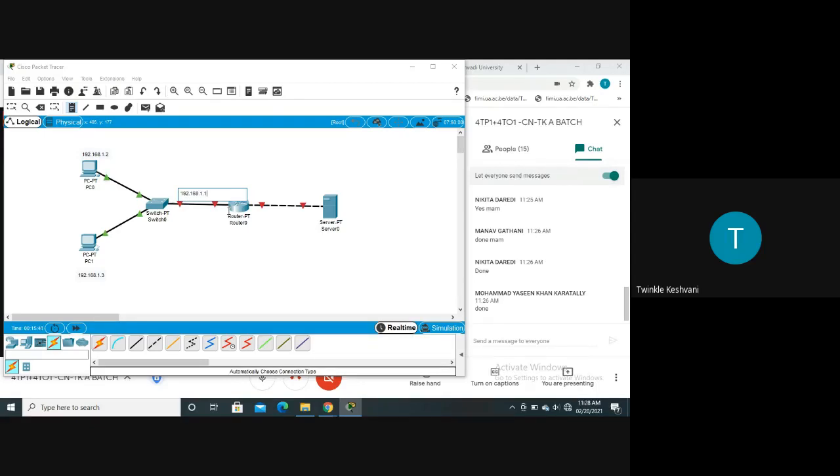192.168.1.1, right? Then there is also one another gateway between router and the server. So for that, I need to give the IP address to that also, right? So again, I'll take a note and I'll give the default gateway 192.168.2.1, and I need to give the IP address to the server as well. This belongs to this, and I need to give IP address to the server. So I'll give 192.168.2.2, right? पहले ये सारे जो आईपी एड्रेसेस हमने बाहर दिए हैं सारे डिवाइसेस को, first you need to note down these IP addresses.